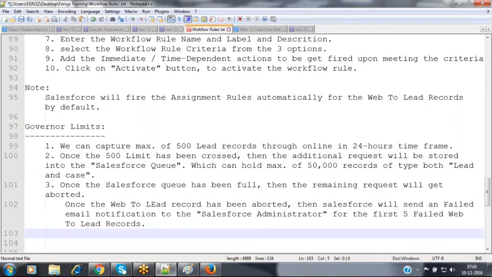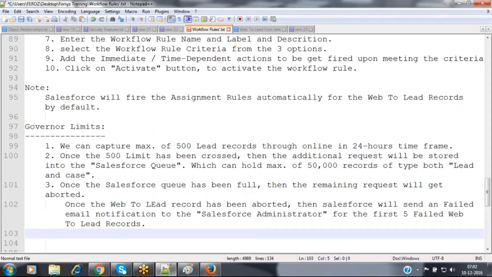Yeah, I got it, Firoz. For example, I have an account object, or I have a vehicle custom object. I have all the custom objects. I can generate my Visualforce page, and external users, anonymous users, can enter the information in the vehicle and submit. Each time they submit, they create one record. So in that case also, do we have a 500 limit? No, we don't have any limit. Only for that Web2 lead, we have that 500 limit. For the remaining, there is no limit here. You can create any number.